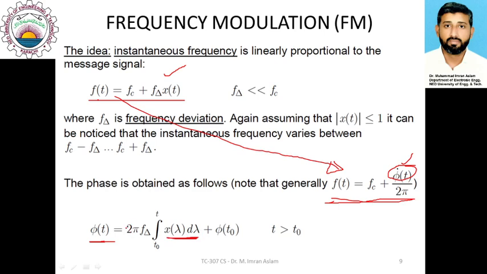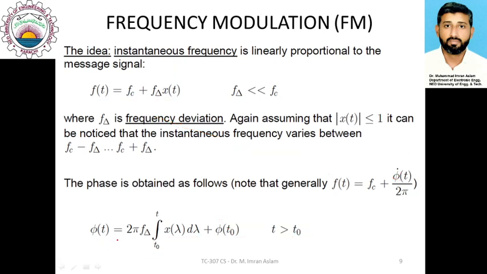So this phi t is given by this expression, where phi t naught is the starting phase or initial phase which is observed at some time t naught. Typically in our signal analysis, we take this initial phase to be equal to 0. In that case, we can simply ignore this term and the overall phase would be represented by this phi t. So we can write